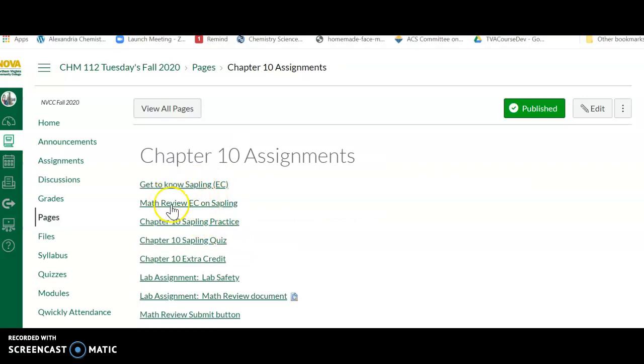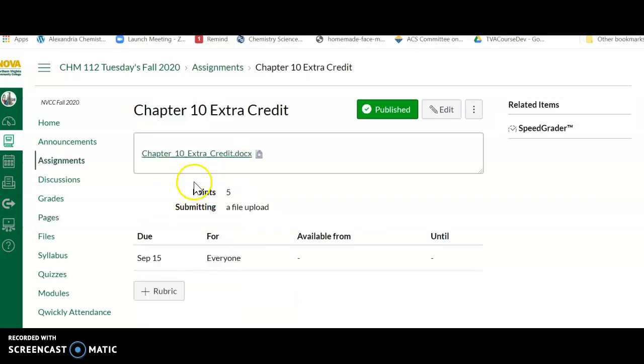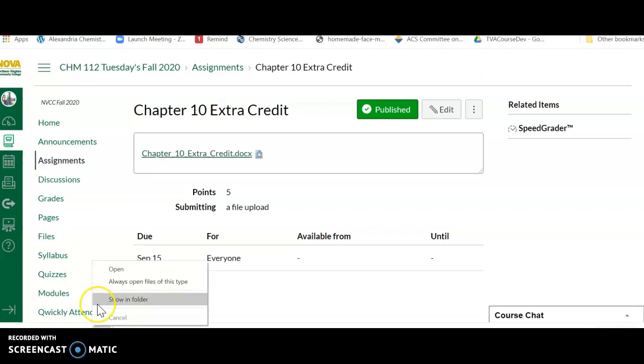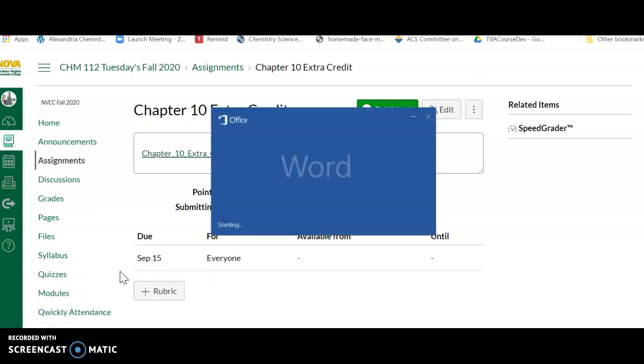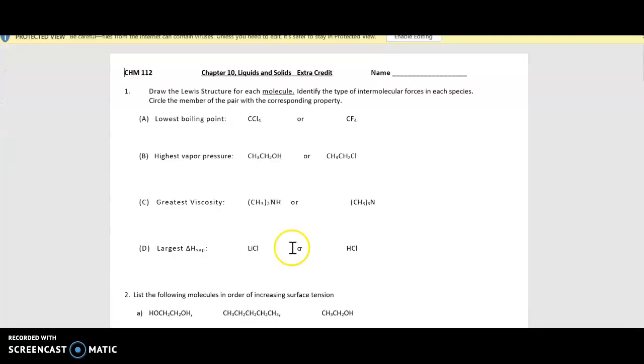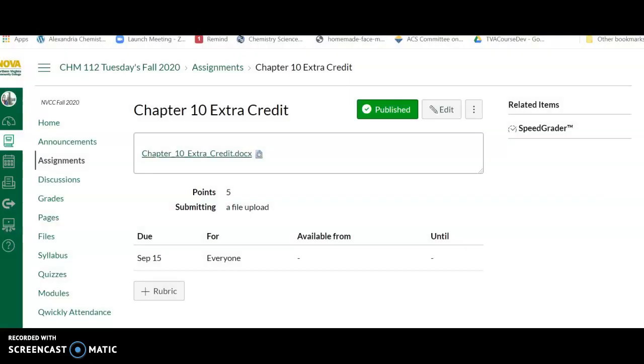So here, there's extra credit in Sapling. There's also a chapter 10 extra credit. And this is going to be where you submit it. This is the document for it. If you open this document up, you're going to be able to fill in all these questions and answer these, and these are going to count for extra credit for your class. This is a great way in particular to study for the exams because these are going to be fairly similar to the exams. So a nice extra credit set. Of course, if you want the answers to the extra credit,